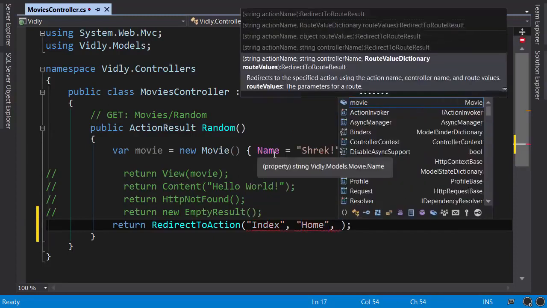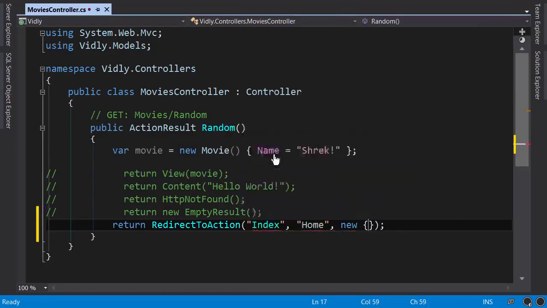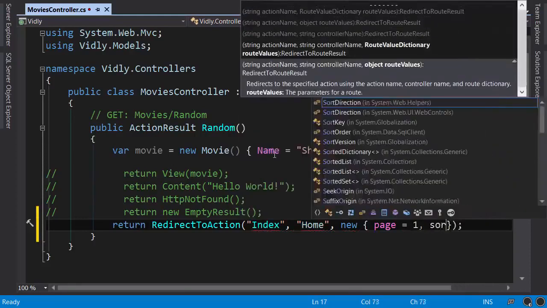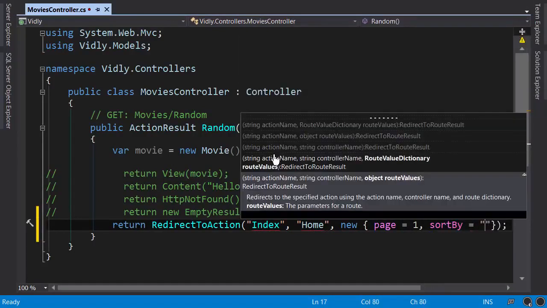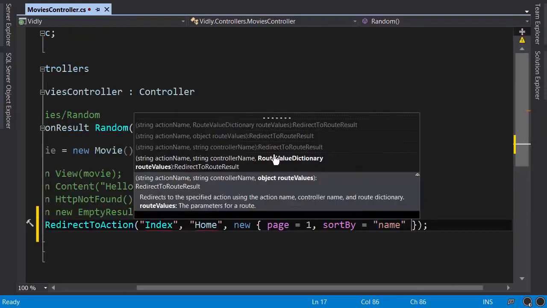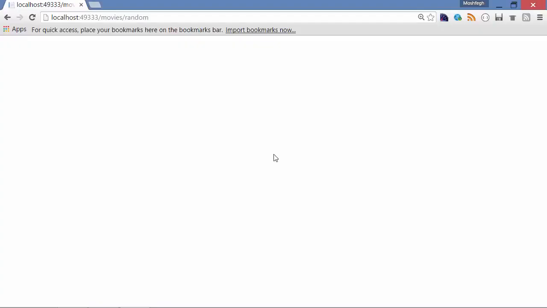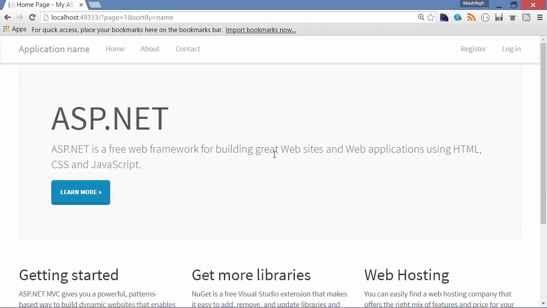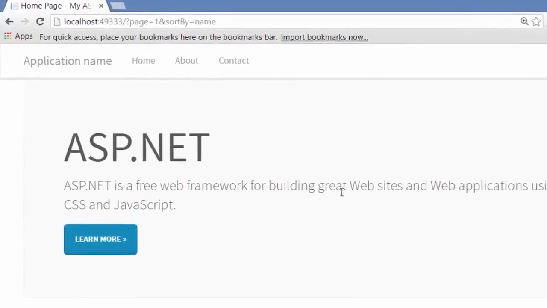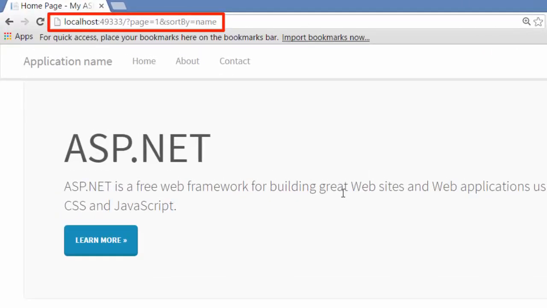So, new anonymous object, let's say page is 1 and sort by is name. Build, back to Chrome, refresh. Okay, look, we got redirected to the home page. And you can see in the browser address bar that the arguments we sent are appearing as part of the